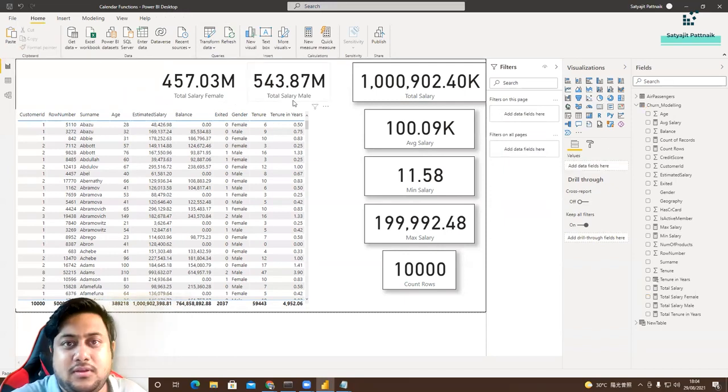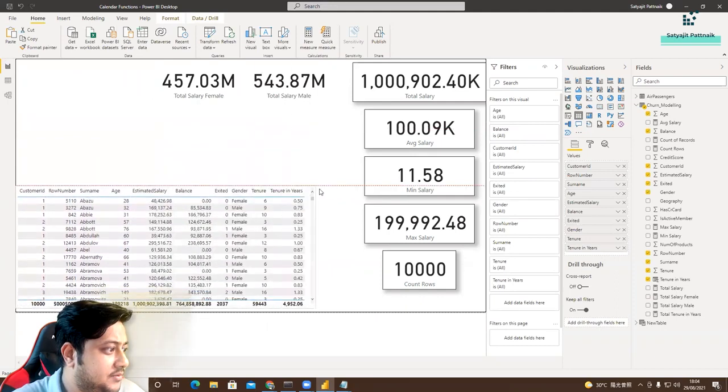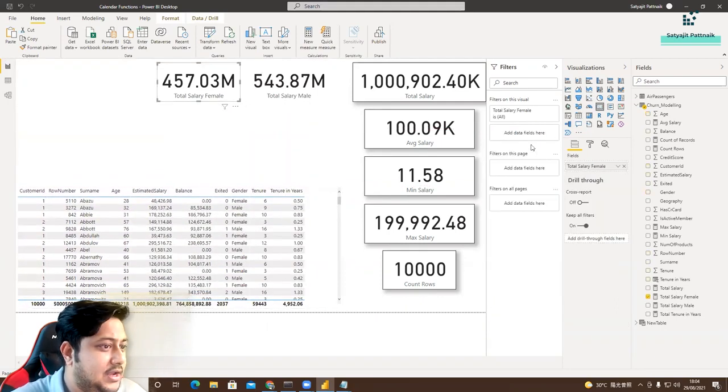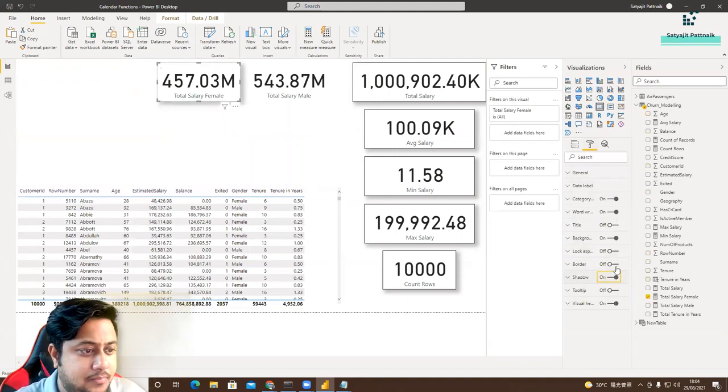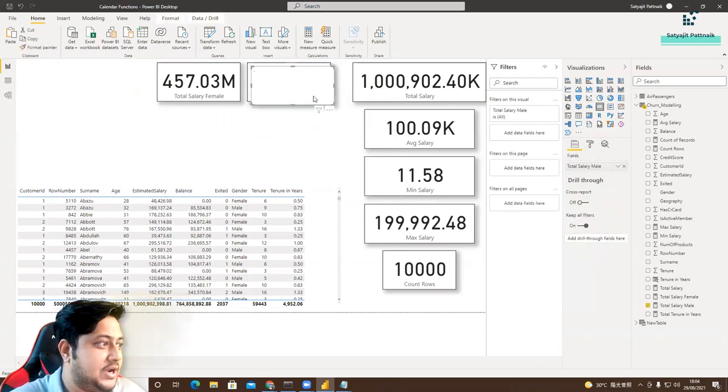Of course, if you want to show these numbers, you can also show these numbers without creating a measure. Let me just do that for you. Let me just minimize this for a while. Here, let me add a background and a border so that it looks good. We have created a new measure or a filter context, and this looks good. I'm just copy pasting